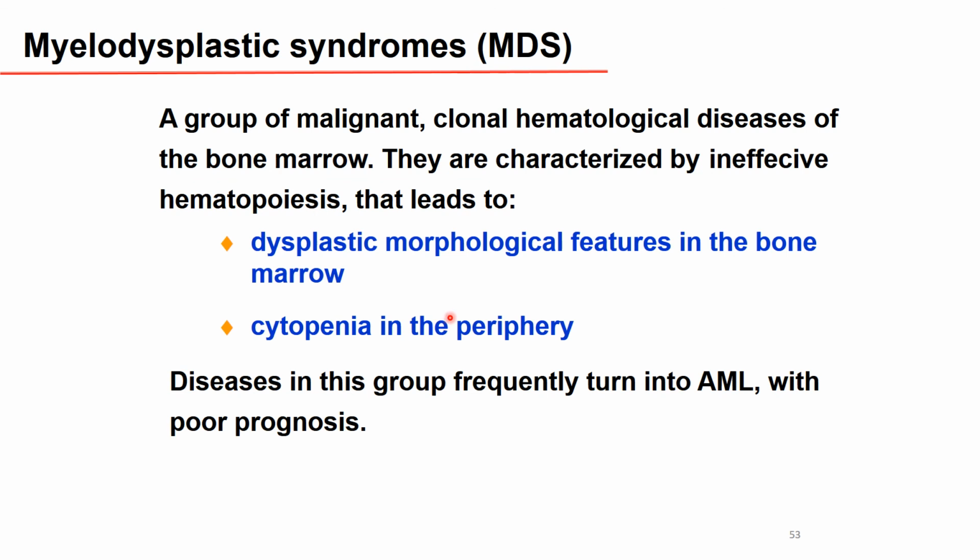Now, the last one that we are discussing is myelodysplastic syndrome, or MDS. That's a group of malignant clonal hematological diseases of the bone marrow. They are characterized by ineffective hematopoiesis, and this will lead to a dysplastic morphological bone marrow. Usually, cytopenia can occur in the periphery. And this disease very frequently turns into acute myeloid leukemia. As you mentioned in the WHO classification, that was a second group, when the patient shows the signs of